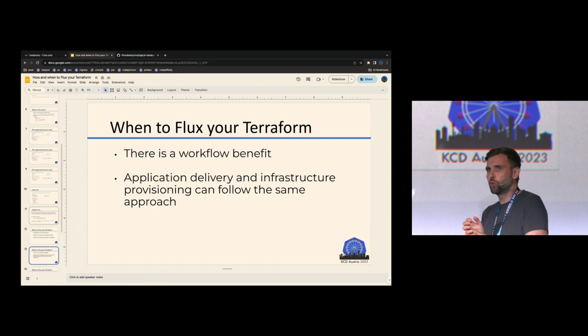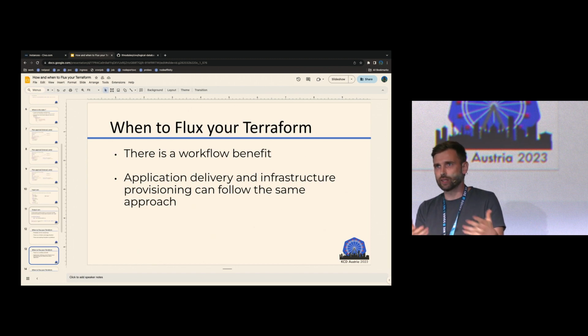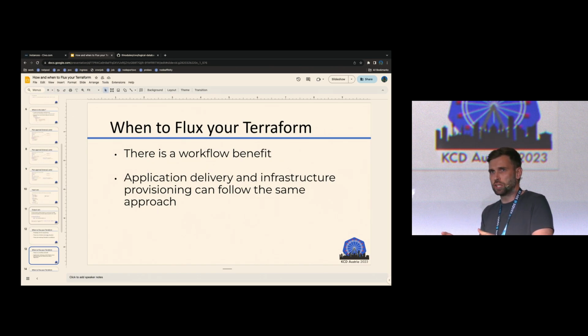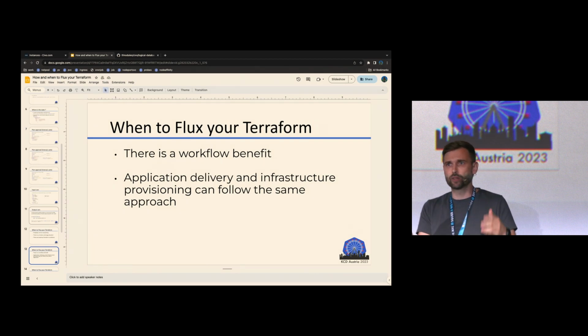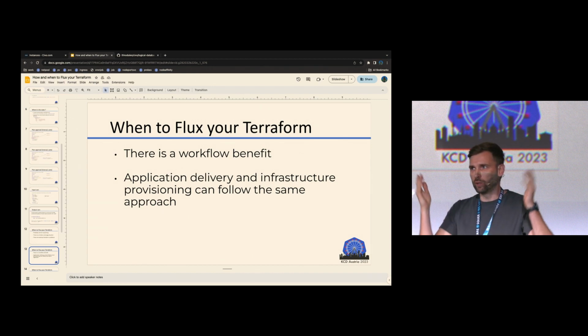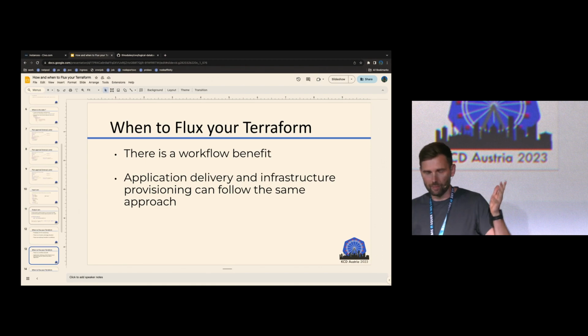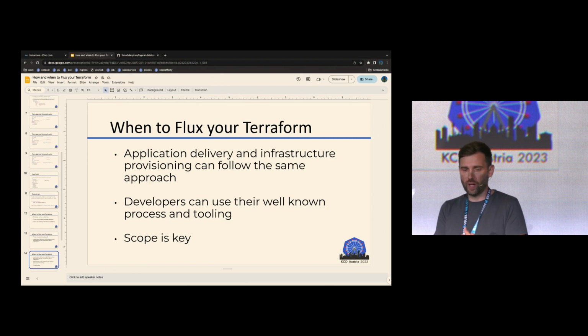But there's a workflow benefit that we like very much, and we implemented it for one of our clients and rolled it out as a proof of concept: application delivery and infrastructure provisioning share the same pipeline and the same tooling. So there is one set of people, developers, whom you might not want to onboard to your full-fledged Terraform integration and unleash on the full power of Terraform. They will be intimidated, and I have been multiple times, when at a new Terraform repository, like, oh my God, will this break everything? So this is definitely a place where this workflow has benefit.